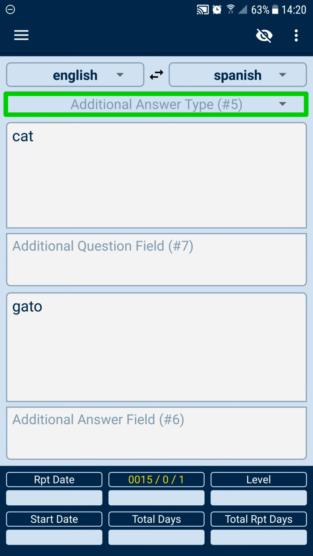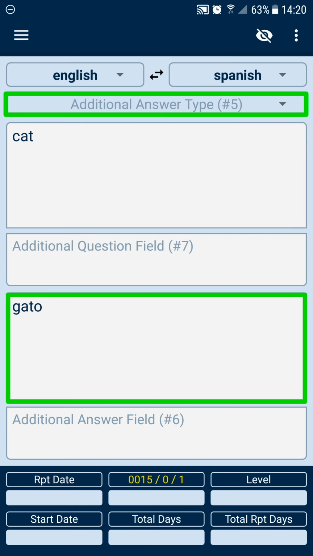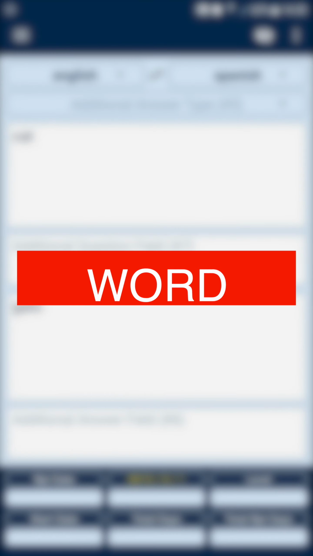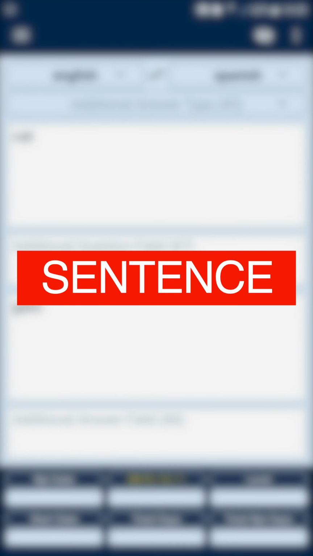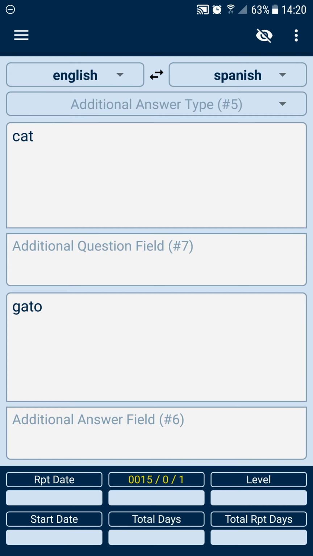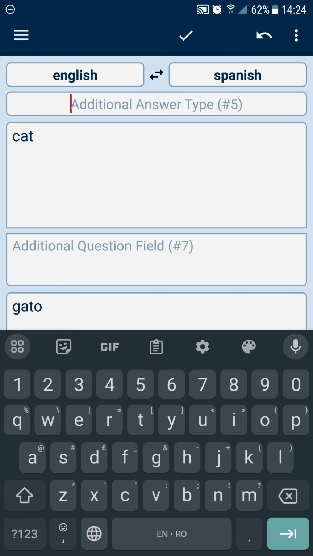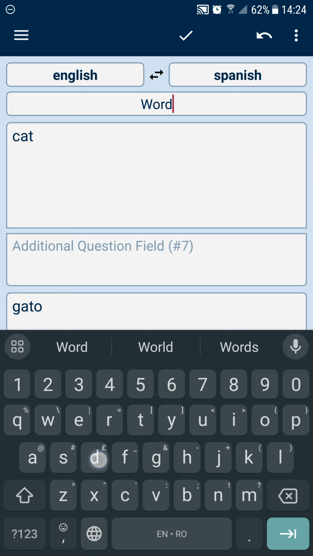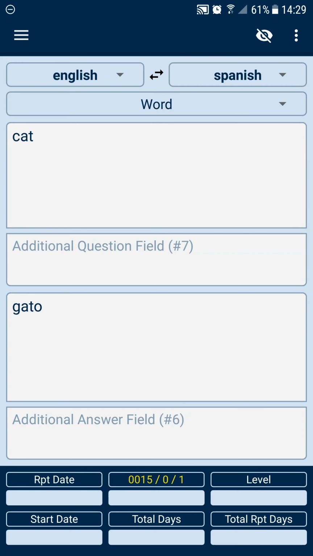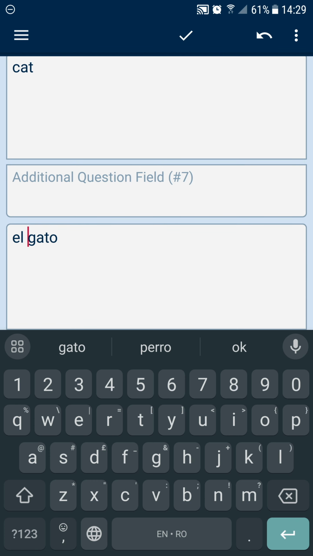Field number 5 in this case is connected to field number 4, where language units can be entered, for example words, phrases or sentences. Because field number 4 contains a word, it means that in field number 5 we enter the language unit, word. If you add the article el to the word gato, it will become a phrase.